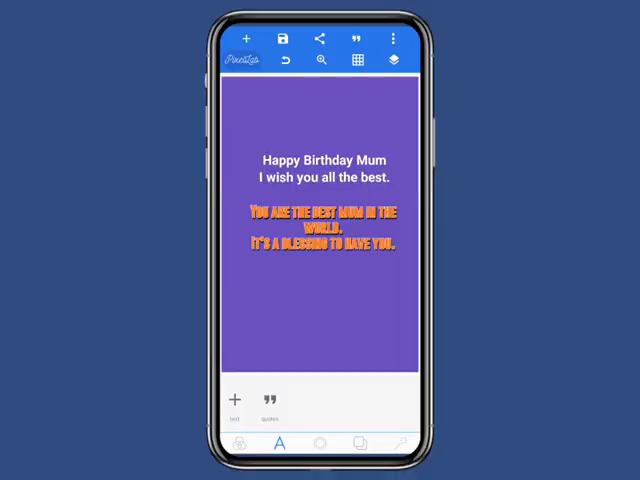So this is how you can just use the PixelLab app, okay, in whatever way you want, for whatever thing you want to use it for. So as you keep using the app, you will keep discovering more and more about the PixelLab